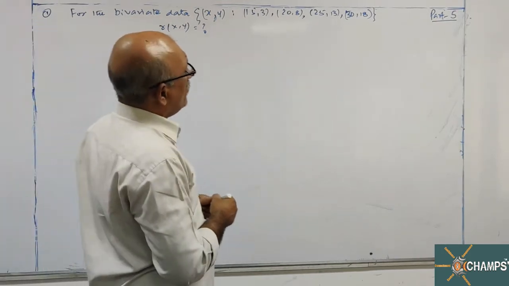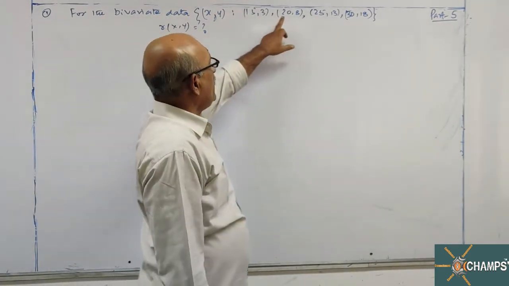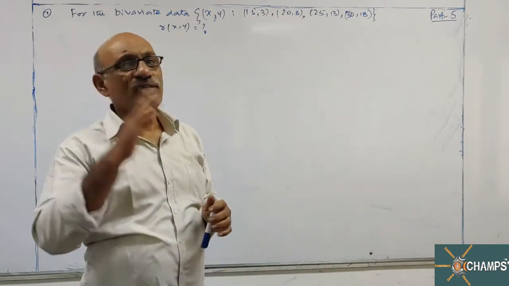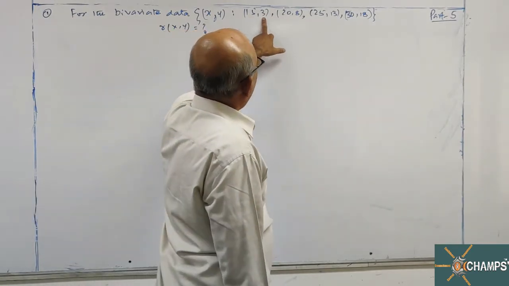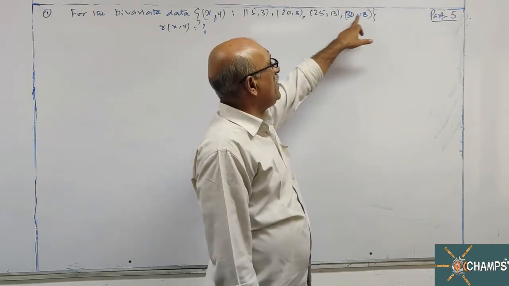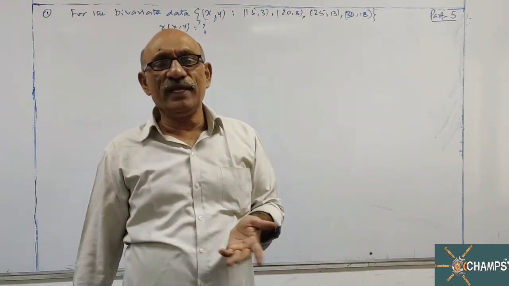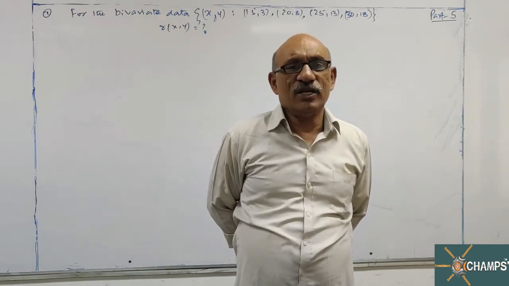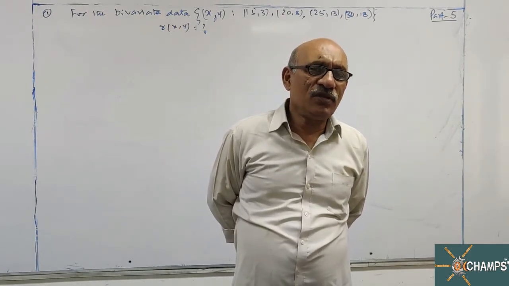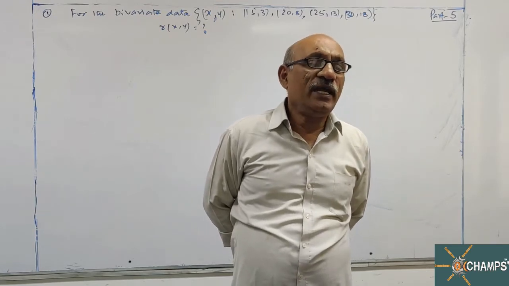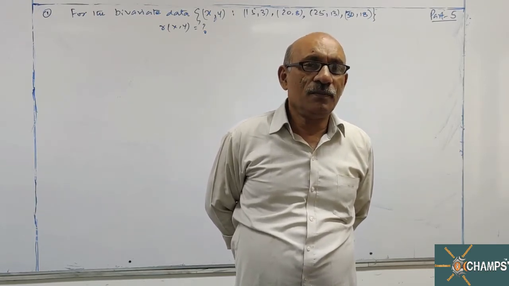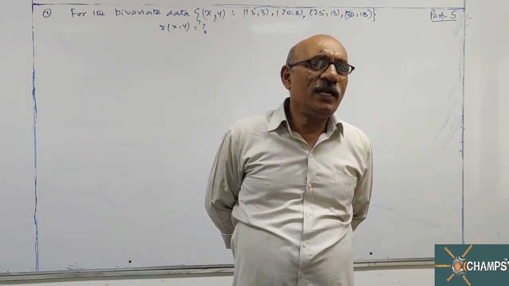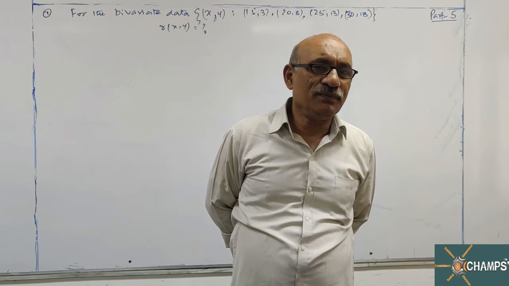Look at this, sir. First observation, 15, 20, 25, 30 are the values of x. X values are increasing. This is 3, 8, 13, 18. Y values are also increasing. It means both the variables are moving in the same direction. It means correlation is positive. Nature is identified. Let us see the extent of relationship.